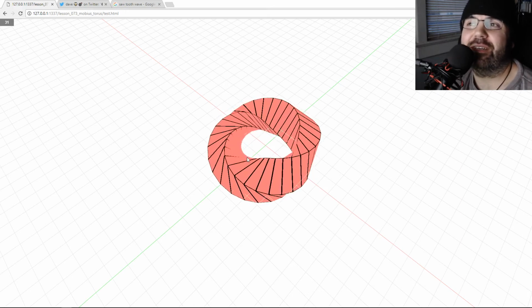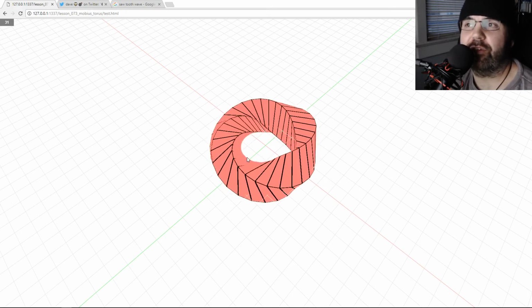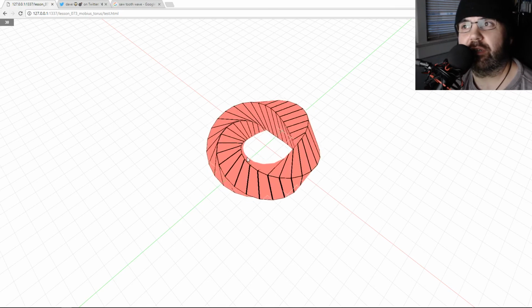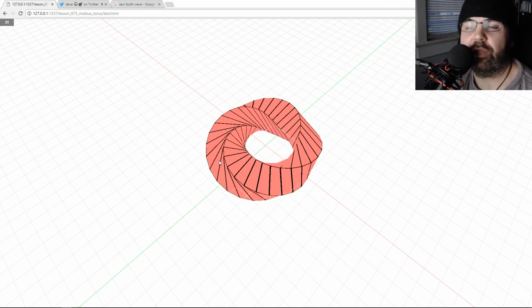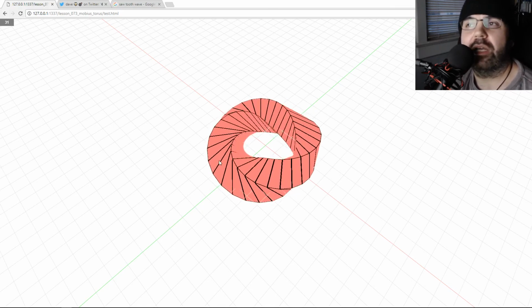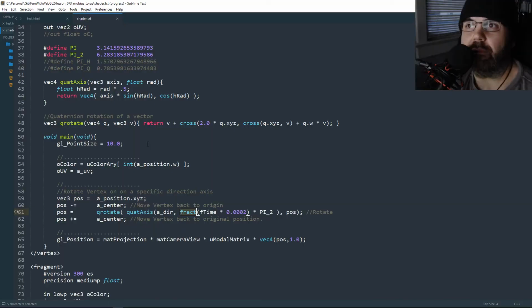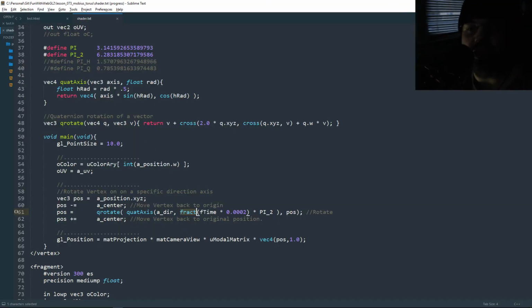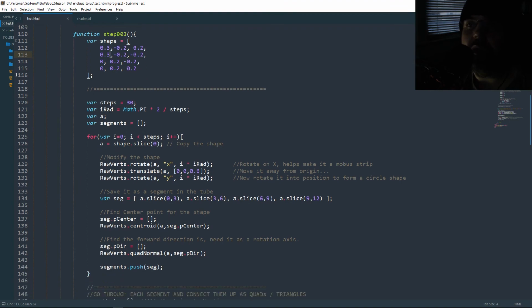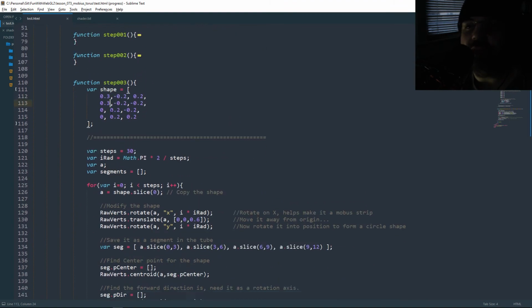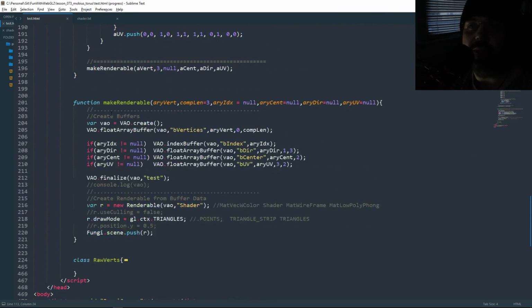But there's a lot to it. If you don't have a framework to do all this in, even though we do have fungi that we built from the ground up, like I said, in this example, we did a lot. We have to create a shader that does all the work for us. We have to be able to load up and render shaders. We're building buffers,